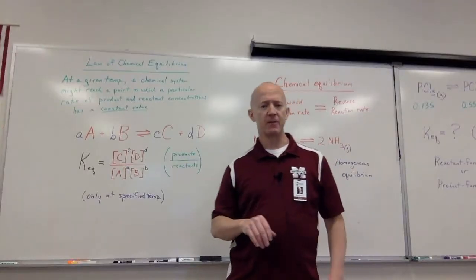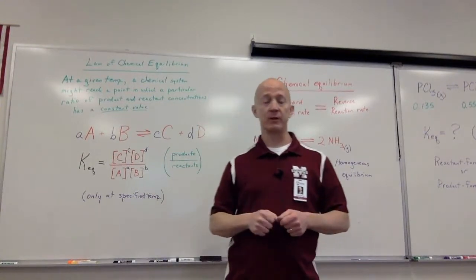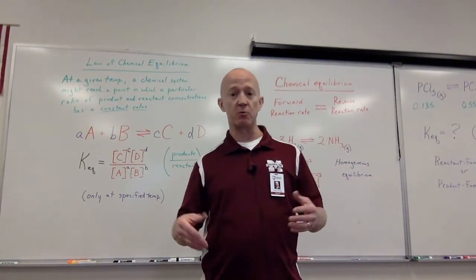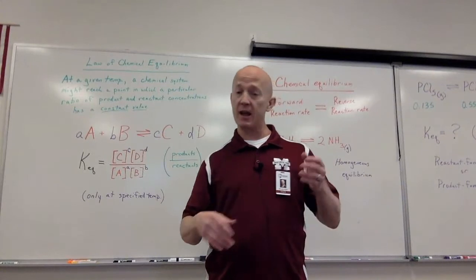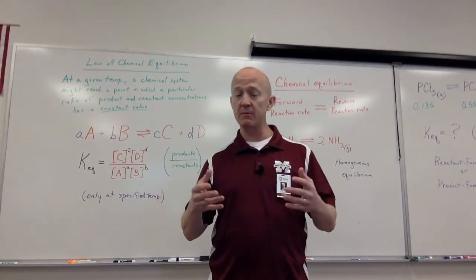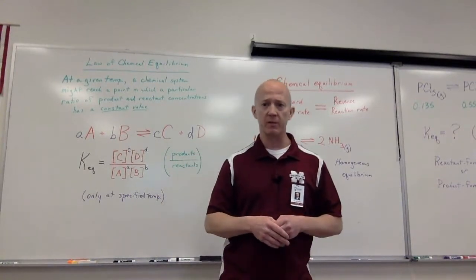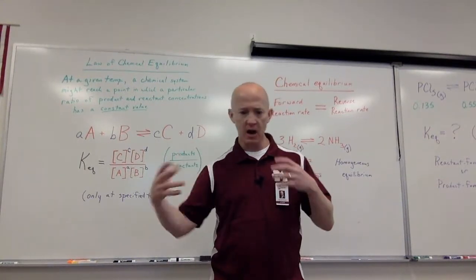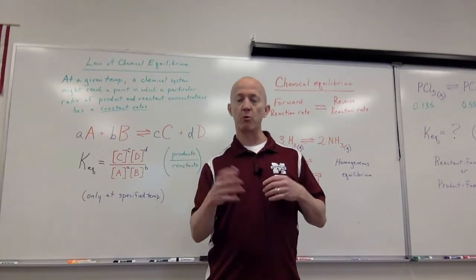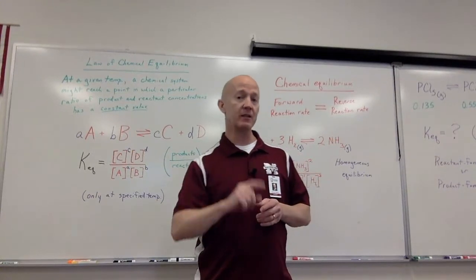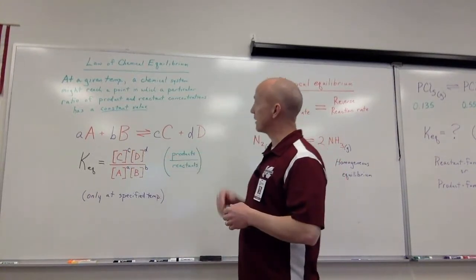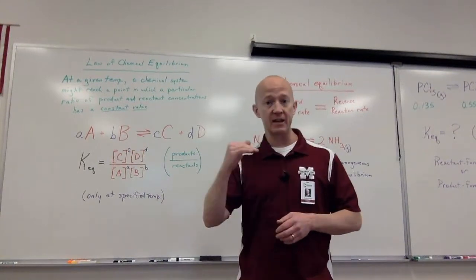So that's all for today. What have we learned? Well, quite a bit actually. We started out by talking about reversible reactions, how you can have a forward reaction and a reverse reaction at the same time. And that led us into the idea of chemical equilibrium, this dynamic, constant back and forth between forward and reverse reactions. That led us to the law of chemical equilibrium, where we said at a given temperature,